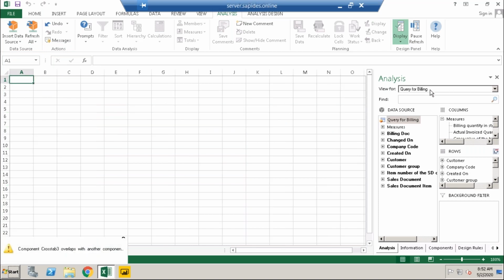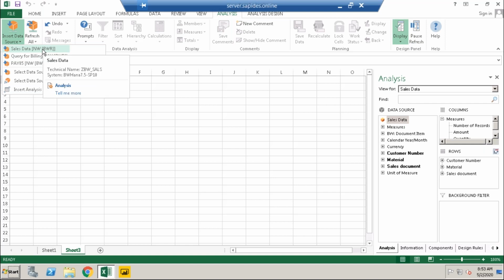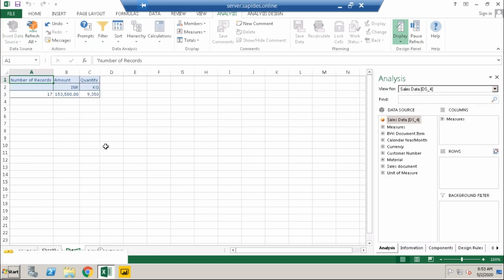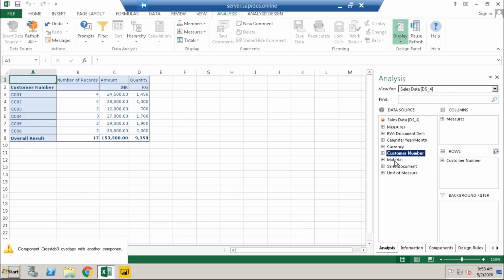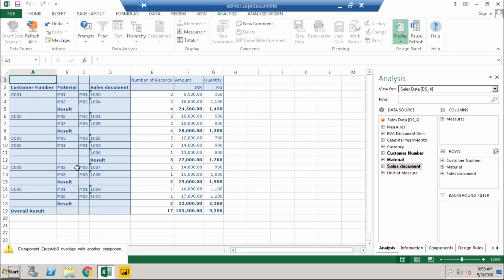Sheet 1, yeah, I'll insert this. Now I'll take the customer. The customer will purchase the material for each sales document number. So for each customer we have material, and for this material he created multiple different sales documents. Here we have only one equivalent data.